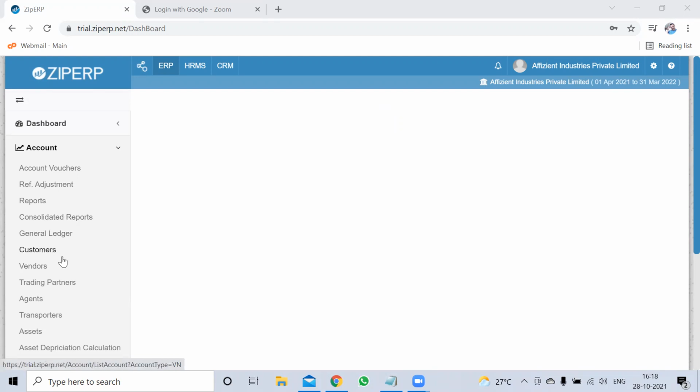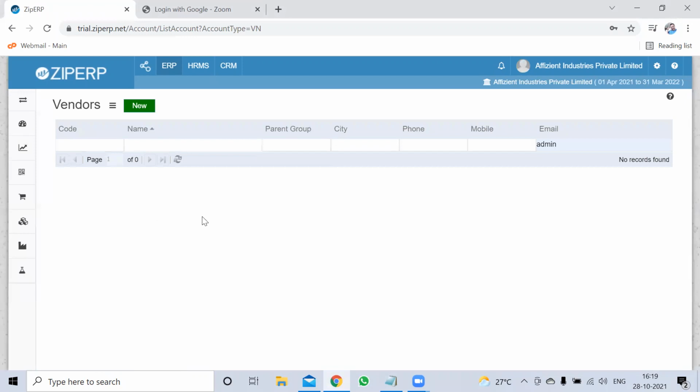Now we are into today's morning. We are trying to create the vendor masters. So we will go to account vendors. In the vendor masters, we will create one more vendor for example purpose by clicking a new button.